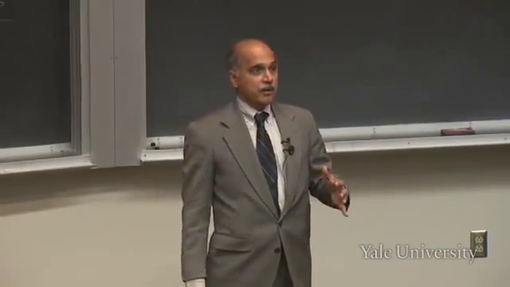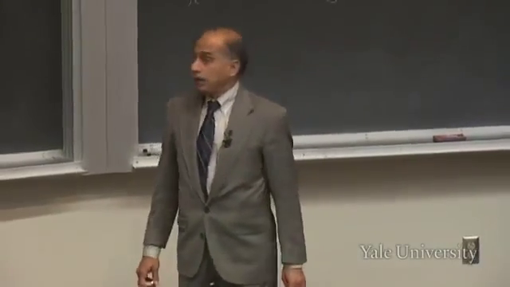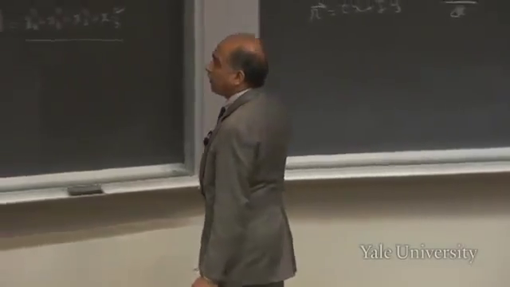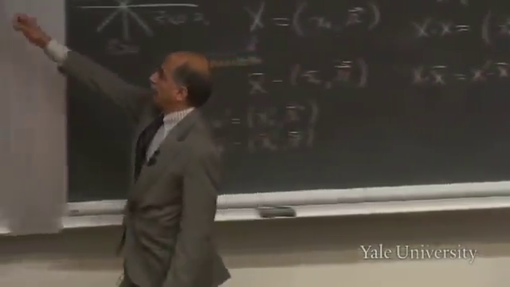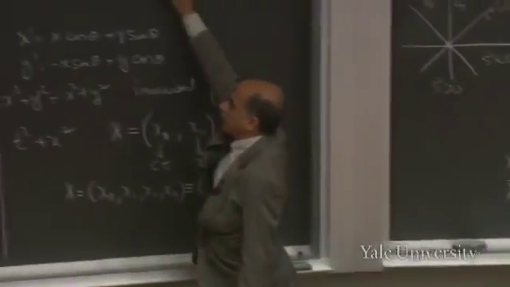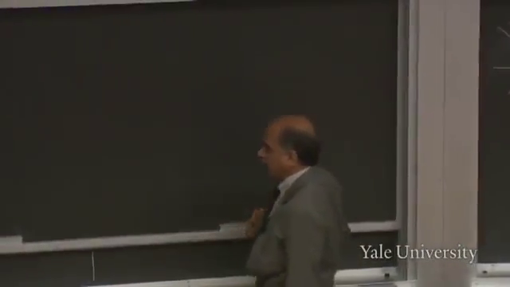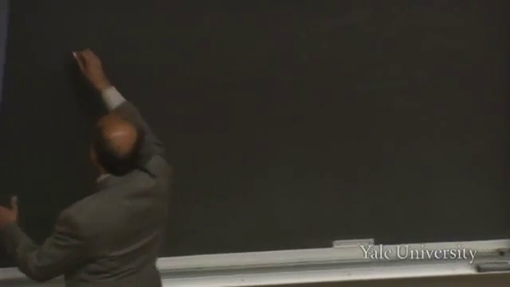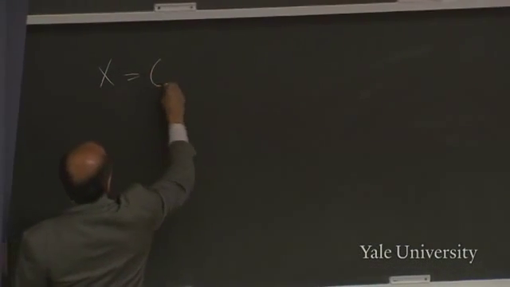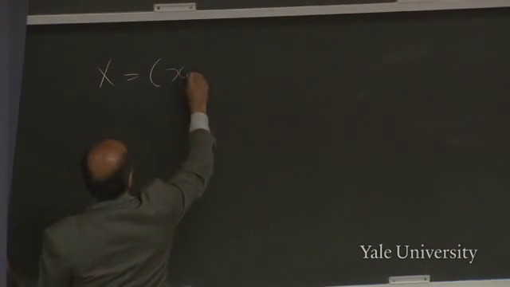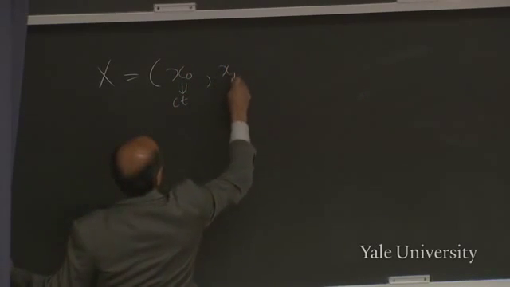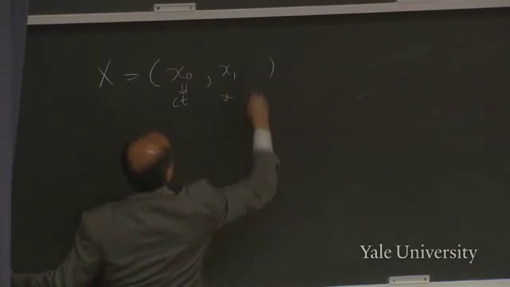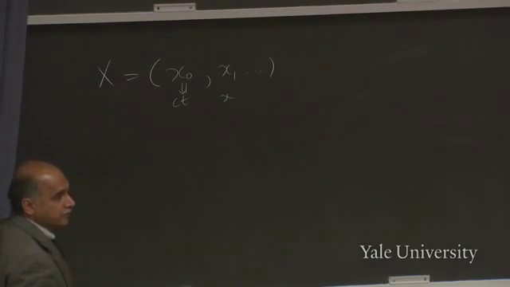So derivatives of vectors and multiples of vectors by scalars, namely things that don't change when you rotate your axis, are ways to generate vectors. So what I want to do is generate more vectors, because the only 4-vector I have is the position 4-vector, which is this guy capital X, whose components I write for you again are x0, which is code name for ct, and x1, which is code name for x,